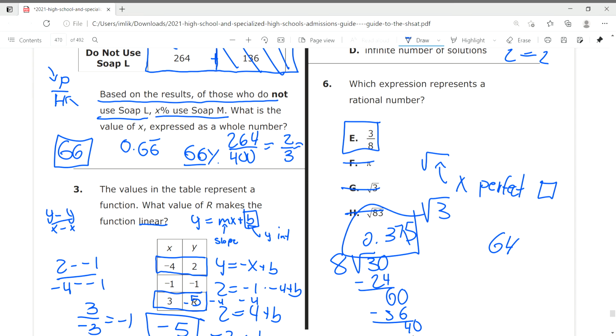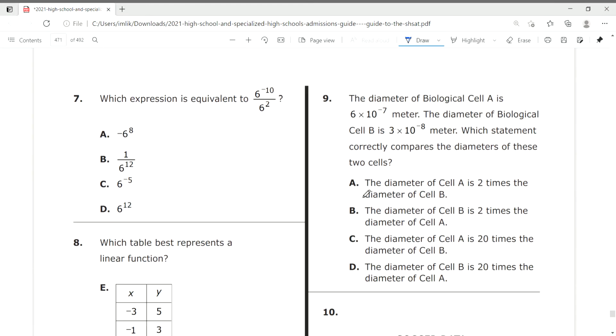So keep that rule in mind. The radical of a non-perfect square is always going to be irrational. I hope that made sense. Alright, so we have even more